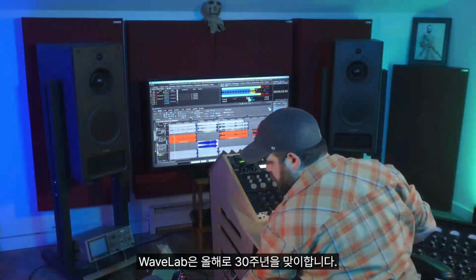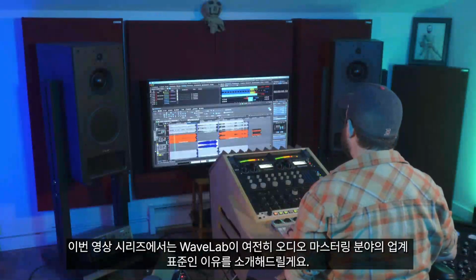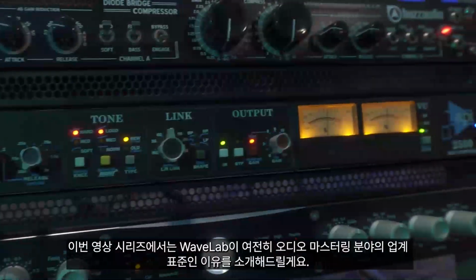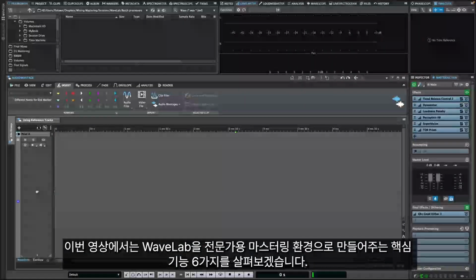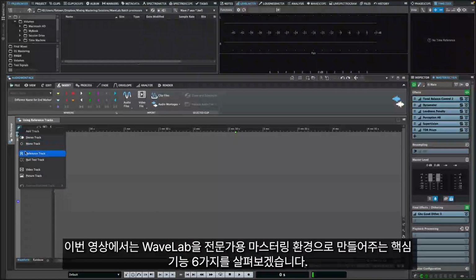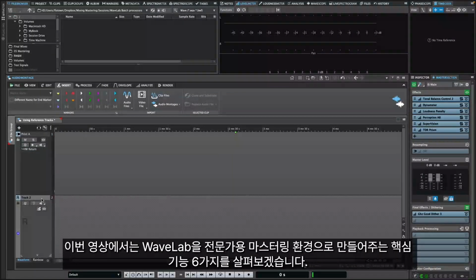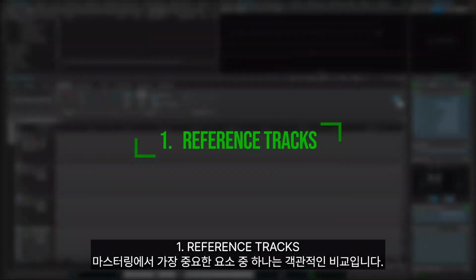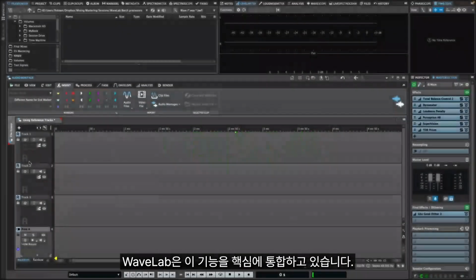WaveLab is celebrating its 30th anniversary this year, and in this video series, I'll be showing you why it remains an industry standard for audio mastering. In this video, we're looking at 6 key features that help make WaveLab the ultimate mastering environment for professionals. Let's get into it. One of the most critical aspects of mastering is objective comparison, and WaveLab integrates this at